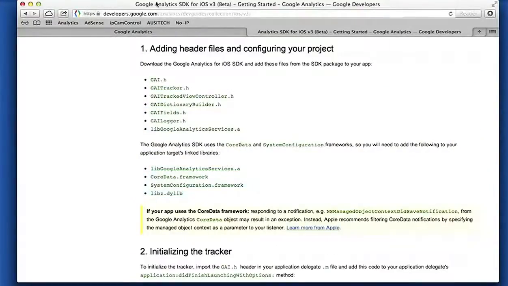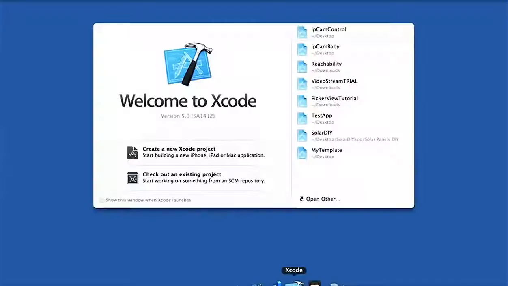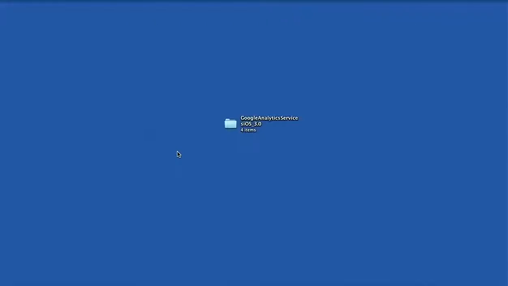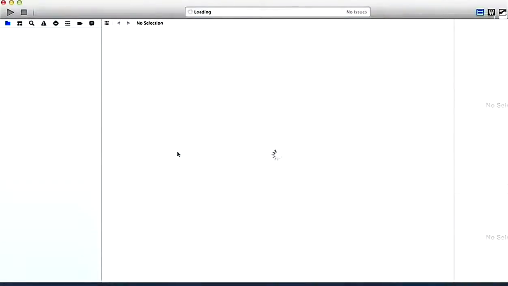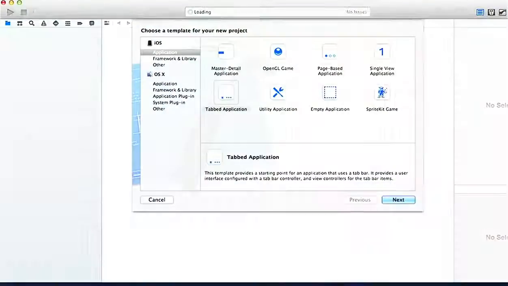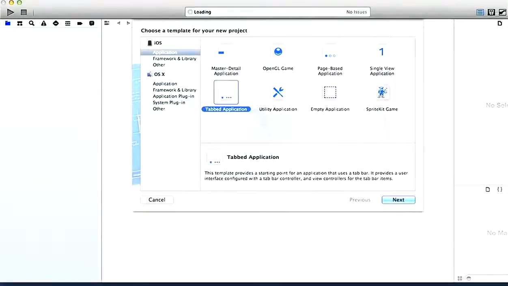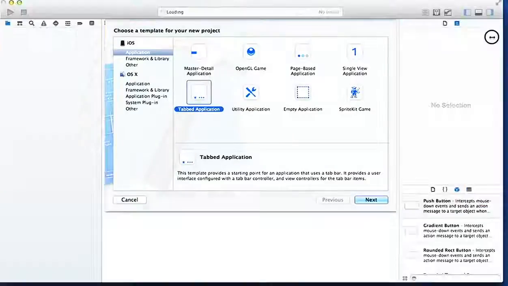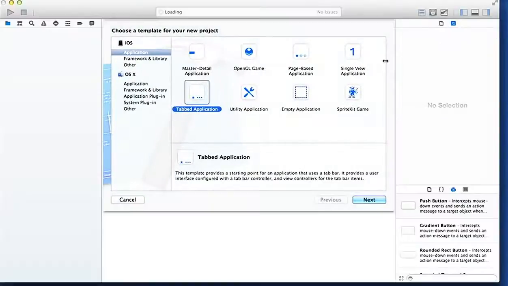So let's get started. I'm going to put this on a side, and we'll open Xcode. This is the package. This is how it looks once you download it. Xcode. We start a new project. I'm going to shrink it a bit so it fits on the screen. Alright,